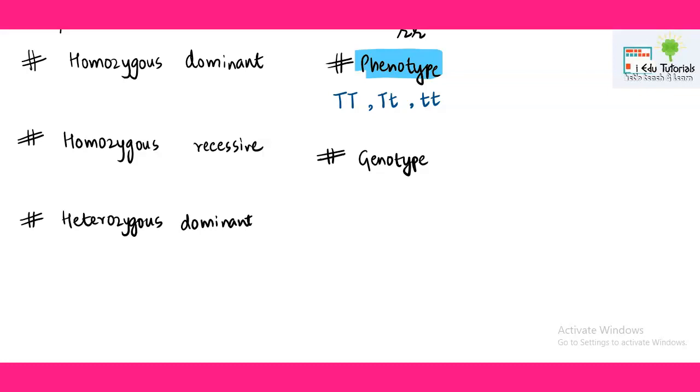Now here, if a pea plant had capital T alleles, then the expression of it would be tall. If it had capital T, small t, then the expression was also tall, because a recessive allele will never express alone. It needs another recessive allele to express itself. Here the condition is that a recessive allele is present with a recessive allele, so the expression here of course will be dwarf. So phenotype is the morphological expression of an organism, how an organism looks. So here tall and dwarf are the phenotypes.